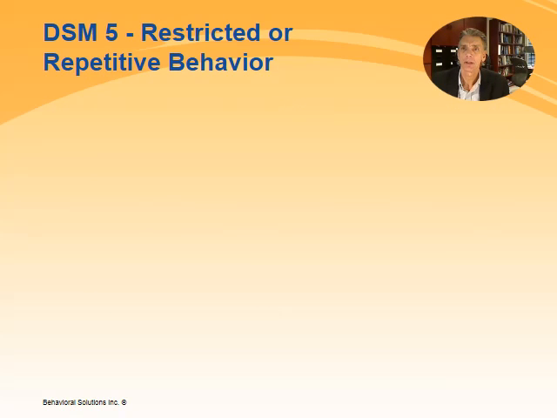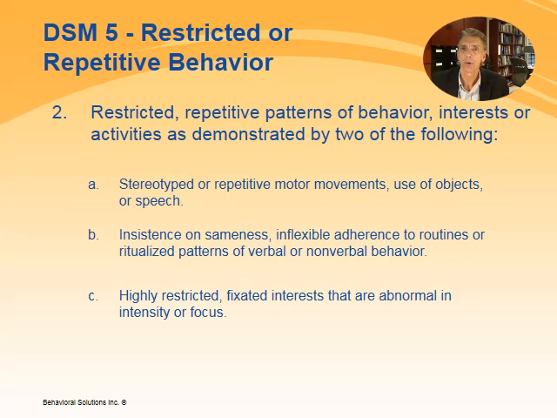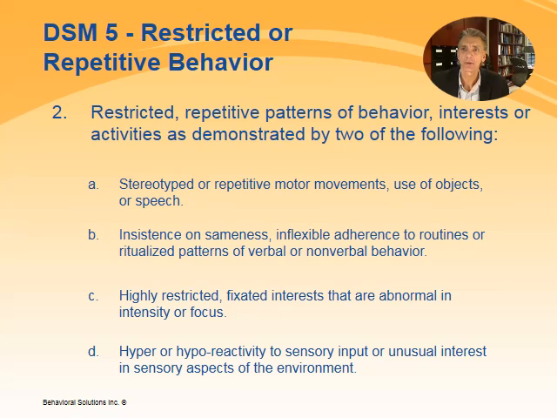As can be seen from these 4 points, the main focus relates to issues of repetitiveness or restriction. The point regarding hyper or hyporeactivity is in reference to some interests or fascinations having particular sensory-oriented components, such as a fascination with lights or spinning objects. Again, it is more the rituals or reactions to various stimuli that are the critical factor from a diagnostic point of view. Simply having various fairly rigid routines, of course, does not mean someone has autism, nor does a particular sensitivity or insensitivity to particular sensory stimuli.